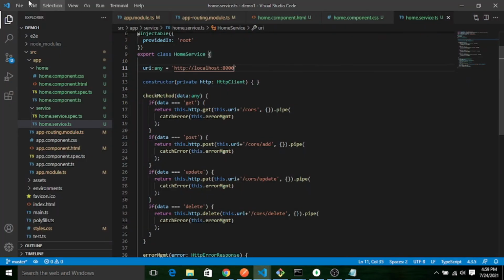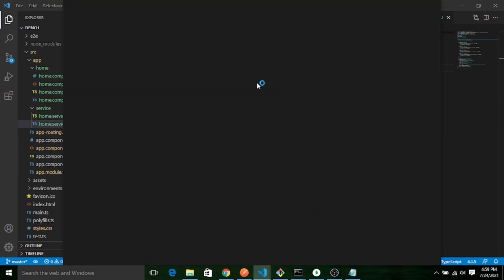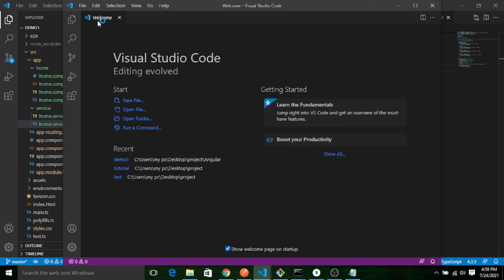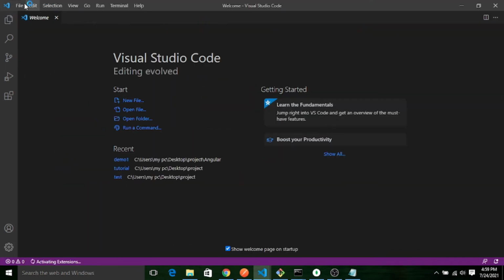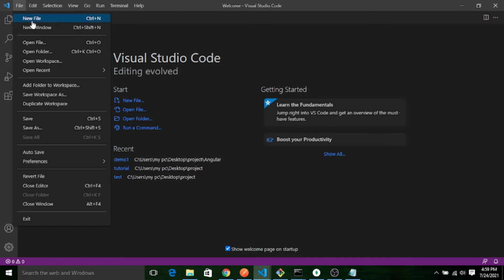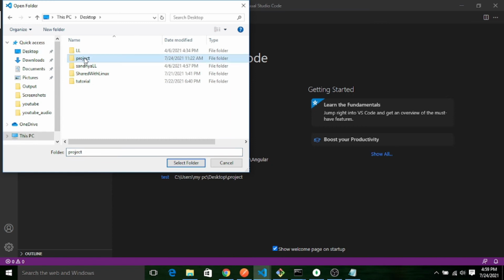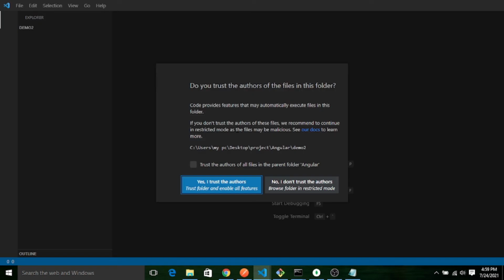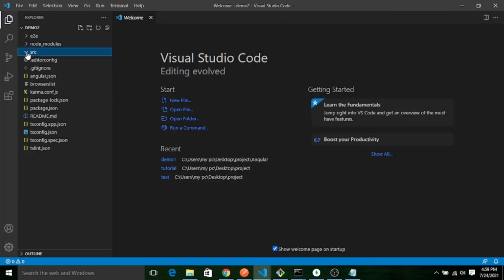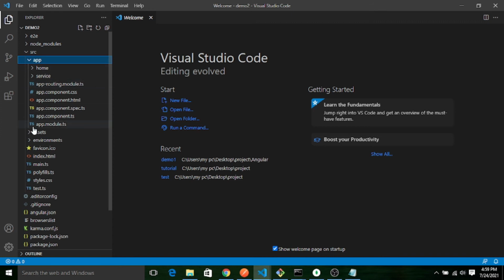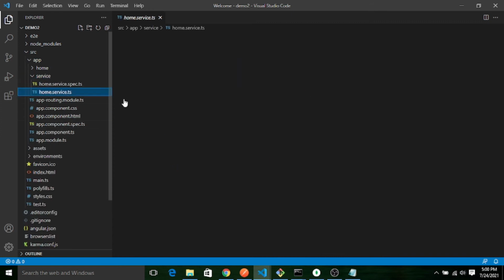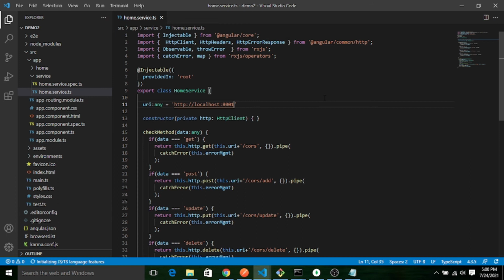Let me change there also. Open that code. The same error. Where is my service file? Service. Here also. Okay. I'll change it to 8000. Now let's test this 3000 domain.